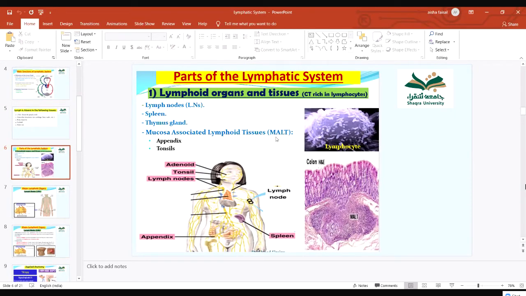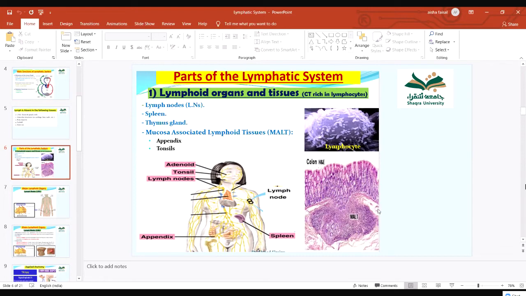In some parts, in your bronchial mucosa, in your respiratory mucosa, the GIT tract mucosa, the mucosa of your oral cavity, the nasal mucosa, you will find aggregations of lymphocytes, the T lymphocytes and the B lymphocytes. In some parts, like around your upper respiratory tract, in your nasal mucosa or the mucosa of your oropharynx, you will find well-organized masses of lymphoid tissue, or lymphocytes. These are adenoids and tonsils.